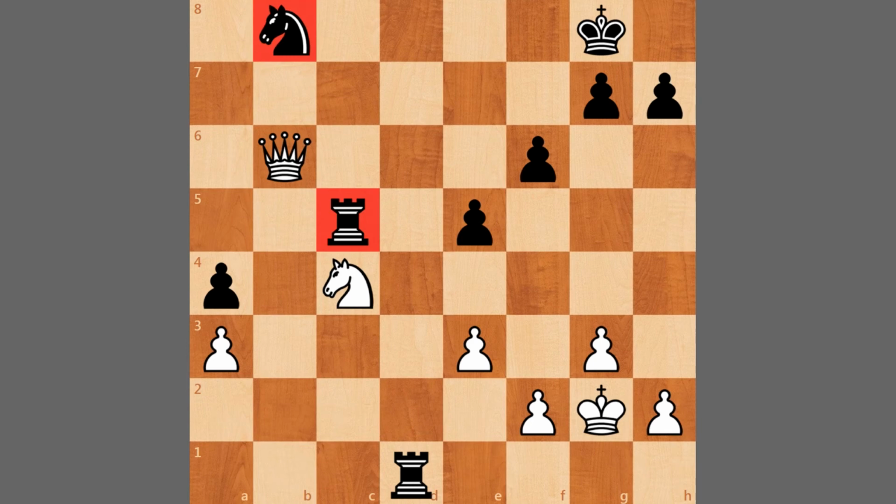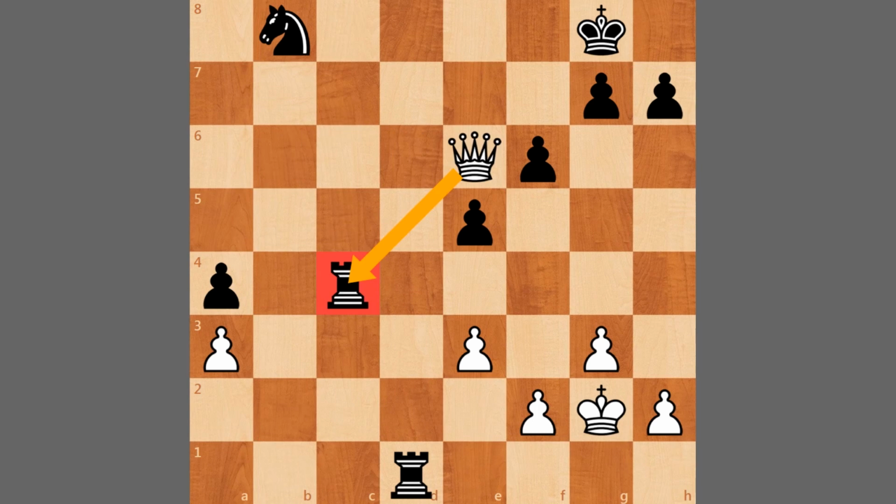a piece. If you try something like rook to c8, then simply queen to e6 check, followed by picking up the rook. And similarly, if you play rook captures on c4, well, queen to e6 also picks up the rook. So after this game, Fabiano Caruana is currently the sole leader of this tournament. And there are still other games going on, so we shall see if anyone is going to join Caruana in